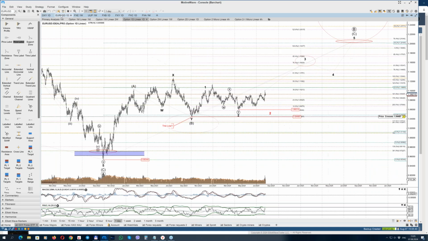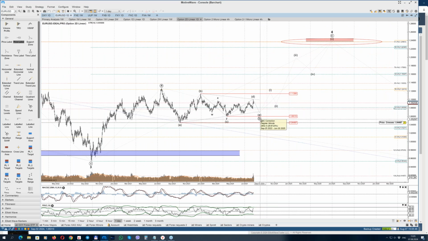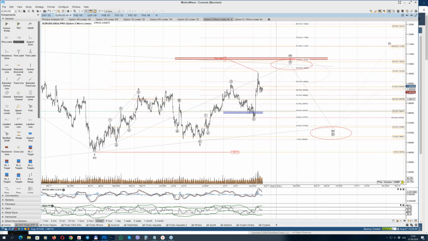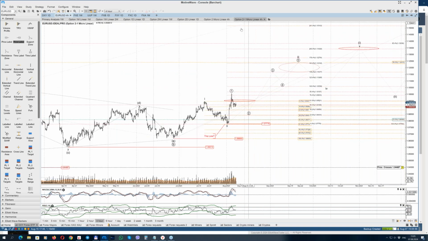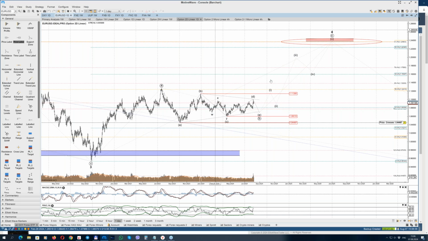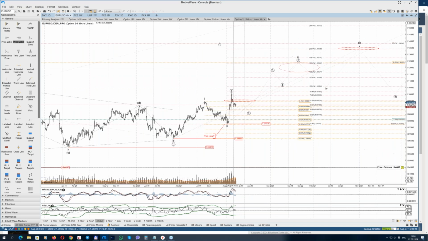Now euro. Option 2, the triangle scenario for the wave cycle B, is my primary count as well. One of the possible scenarios suggests further extension to the upside in the wave D, but the option 1, which is my primary count, supposes that the cycle B wave is already in place. Now we're tracing initial steps within the wave 3 of 1 up. 3 of 1 up means that we're already in the wave 3 of the cycle CO4. Both options are valid. The option 1 is valid above